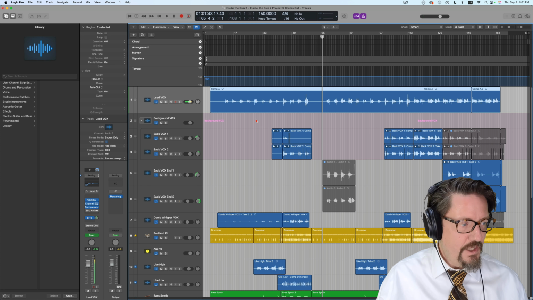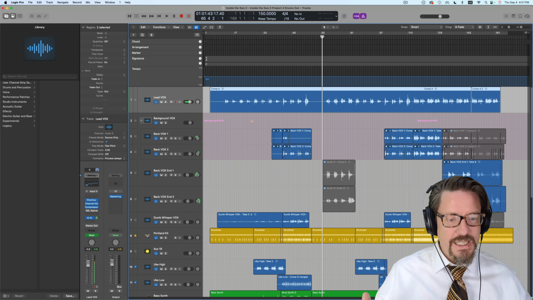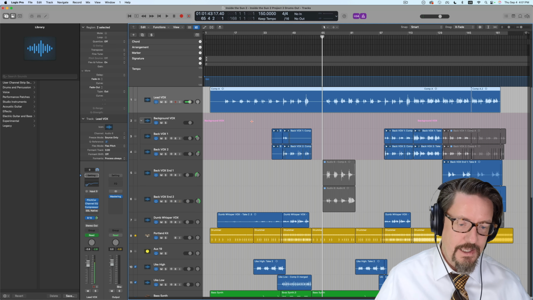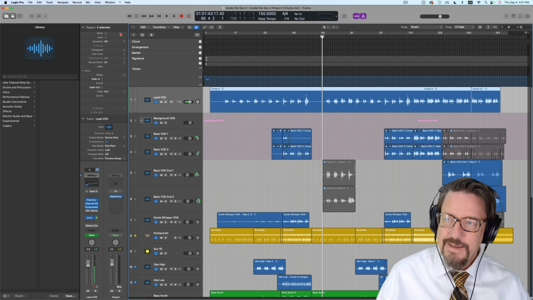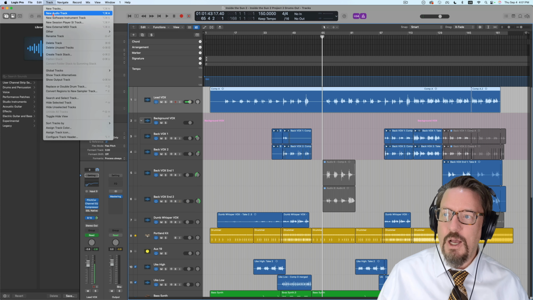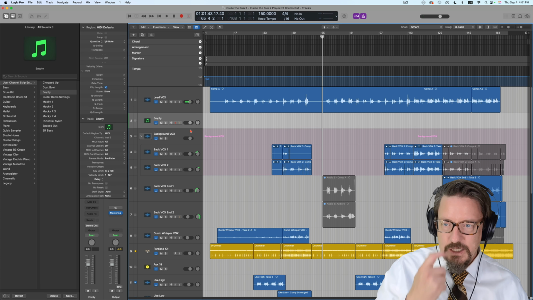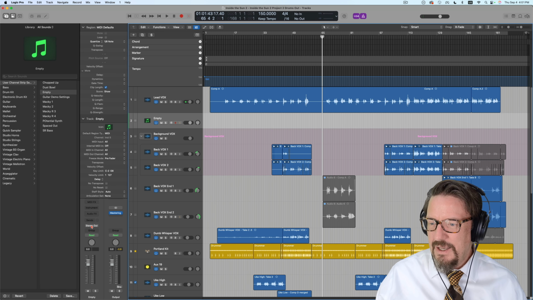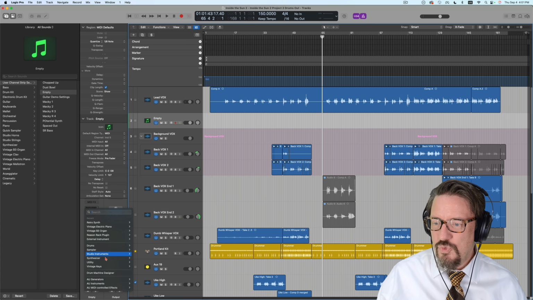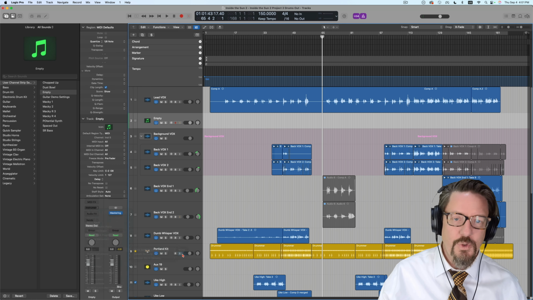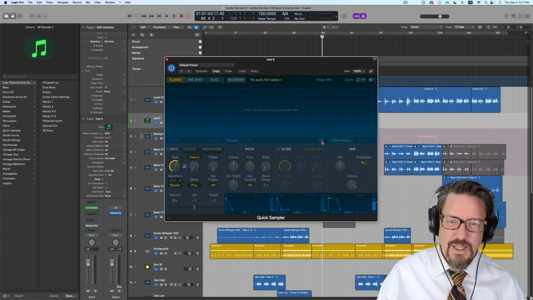It's a lot of information. I hope you can see the tangled web that Smart Tempo is inside Logic. It goes beyond this. That technology certainly has been brought into other places. I'll show you one example. Software instrument track, and let's do sampler, quick sampler, right? We'll do the quick sampler. Inside the quick sampler,